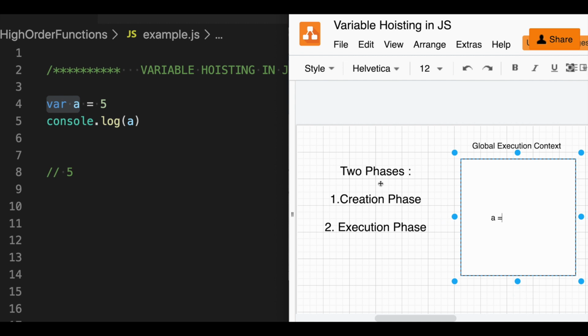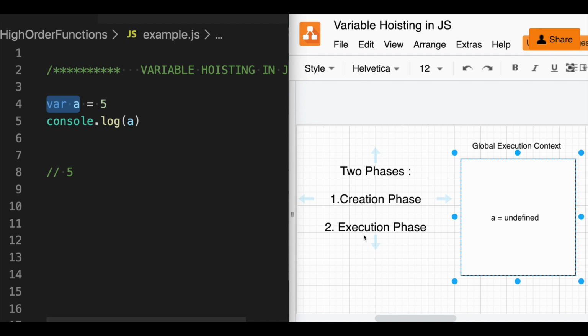In the creation phase, assignments are not acknowledged, so a would have an initial value of undefined. All the variables are created with a default value of undefined. I only acknowledge variable and function declarations, so only this part is acknowledged. This is how the creation phase ends.